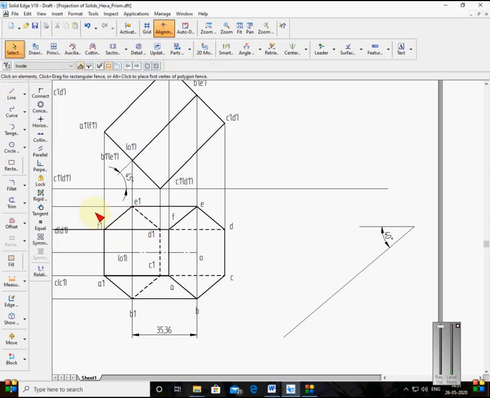Okay, now I select everything. Or you can do it in this way also, box. If you choose box, sometimes what happens? Sometimes you will not choose the correct lines. So this is also a continuous line showing here. That's why what I will do here, this line, another line I draw. This is the position line. Or there are so many ways you can do it. I can trim this one, or I can split this one. Split this line at this point, so it becomes separate. See here, it becomes separate. You choose 0.7.